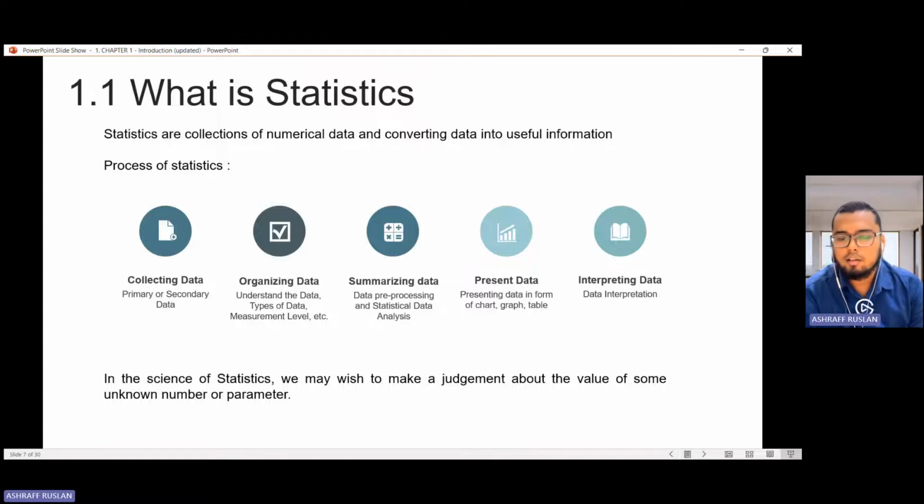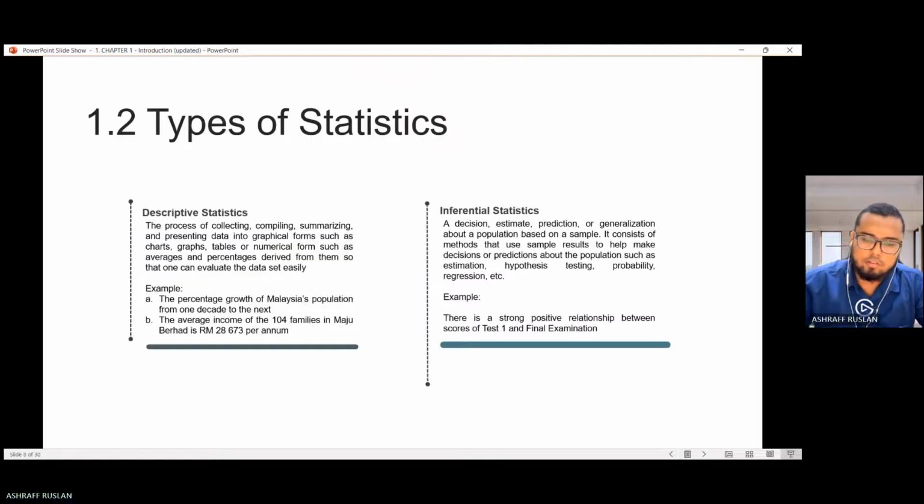So that one betul, tetapi lambat sikit nak bagi orang faham. Istilah sekarang ni lambat lah, right? So dia kena ada colourful sikit representation yang sesuai. Then it will come with the correct interpretation. So those are the process that involve under statistic. You are trying to convert the data into useful information.